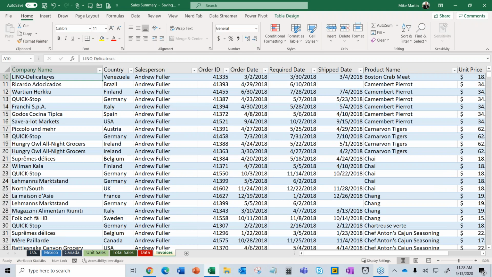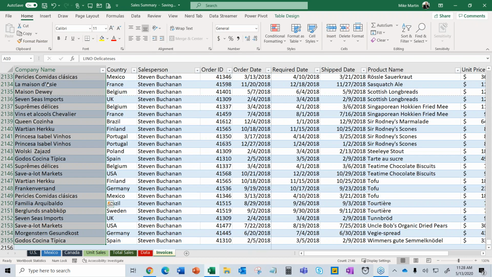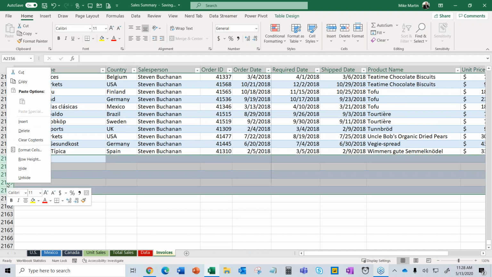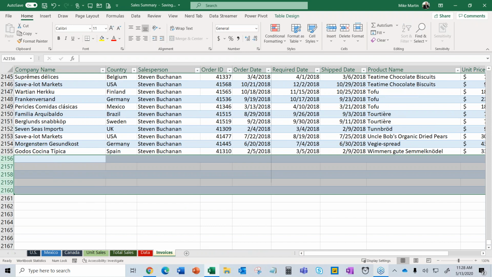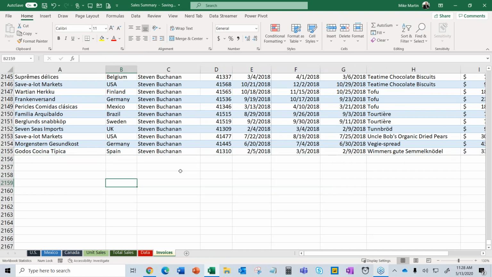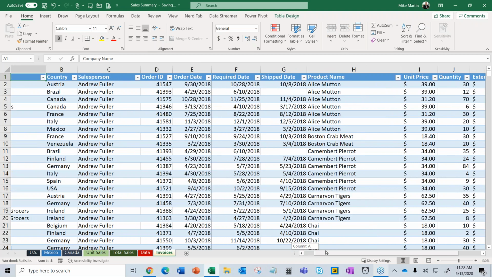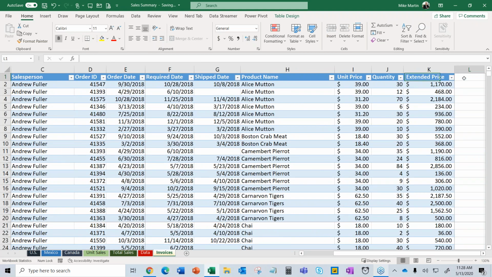Let me go back down to the bottom there. I just want to make sure, because I will be making a pivot table, so I just want to make sure my data has integrity. What the heck, I'll just delete these rows out just to make sure. But if you think that's cool, check this out. Over on the right,